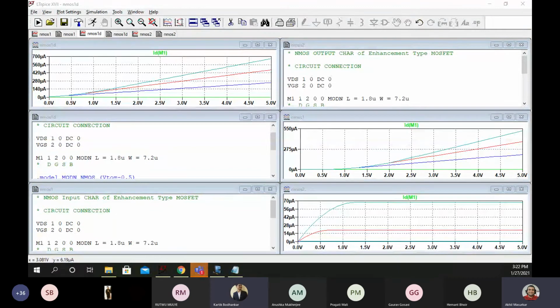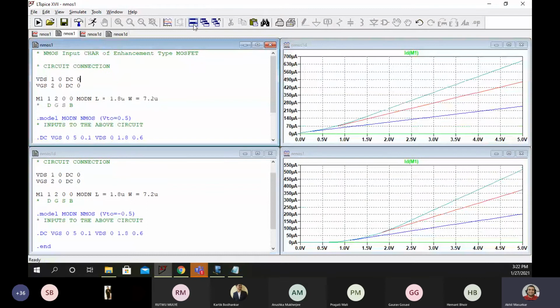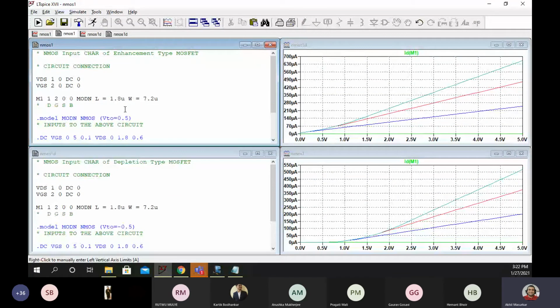Yes, sir. So what I did is I am closing the output characteristic code now. We will focus only on the input characteristics. You can see that this is the code for enhancement type input characteristic. This is the code for depletion type input characteristics.